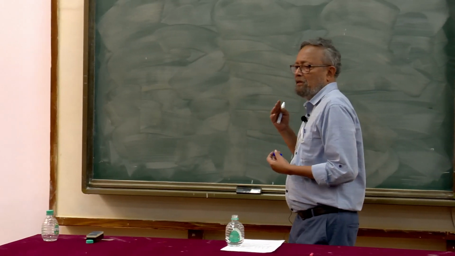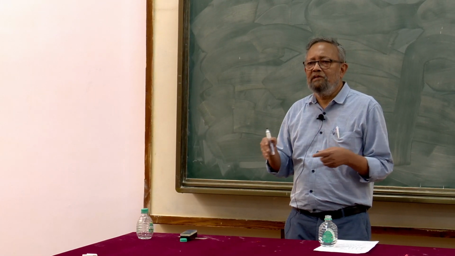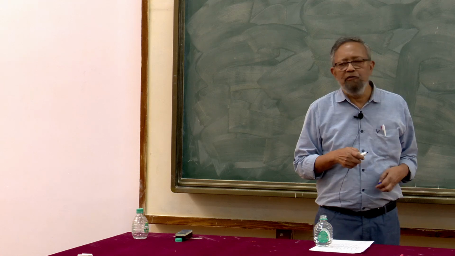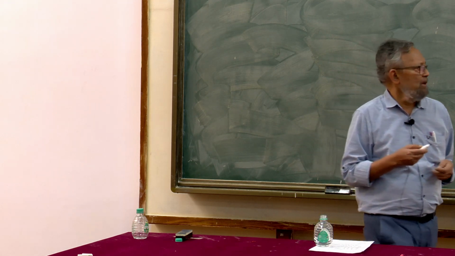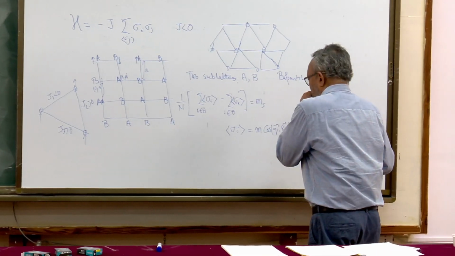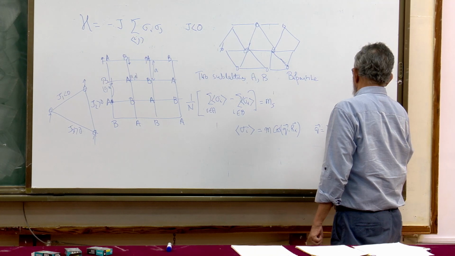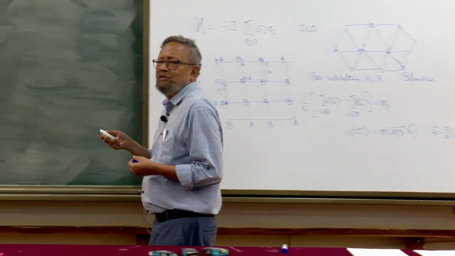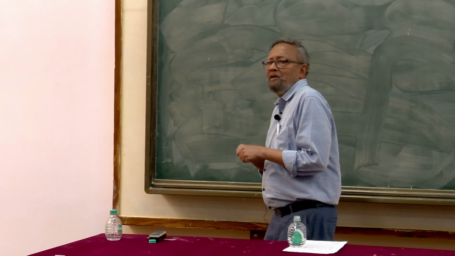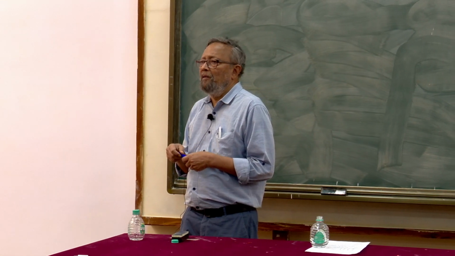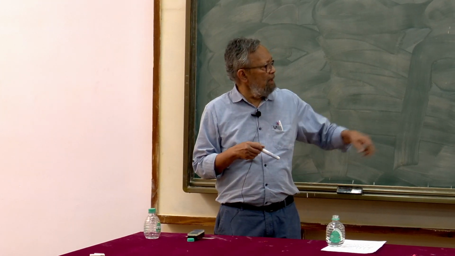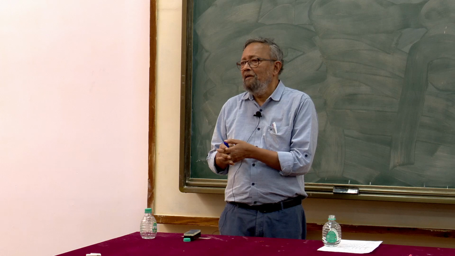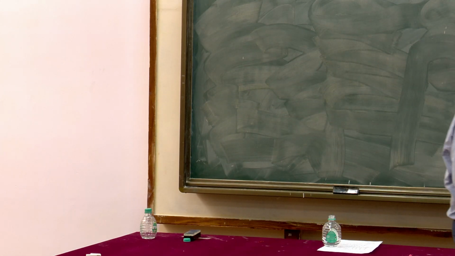In the sense that here the variation of the spins going from positive to negative is very strictly tied to the lattice. One lattice site it is plus 1, the other lattice site is minus 1. But if I take a different value of Q, which is incommensurate with the lattice spacing, what do I mean by incommensurate? You just look at Q multiplied by some x here and some y here, where the x and y are not ratios of simple integers. These are some real numbers, which are not simple fractions of integers. So then this magnetization will continue to be a periodic function, but the period is not commensurate with the lattice structure. This kind of thing is called